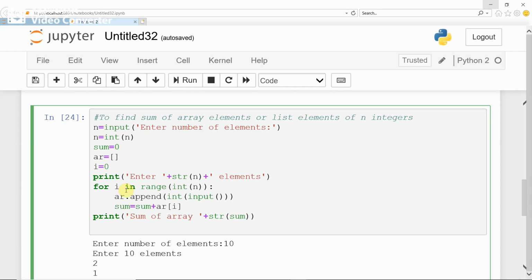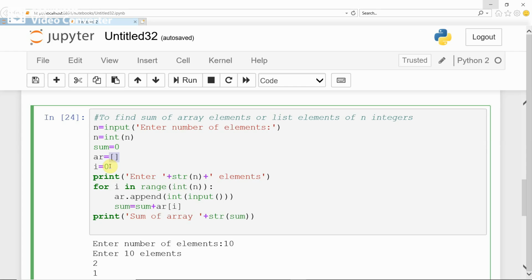To find the sum of an array of inputted elements, first we need to store an empty array. The array needs to be made empty by using AR equal to open square bracket, then close square bracket.